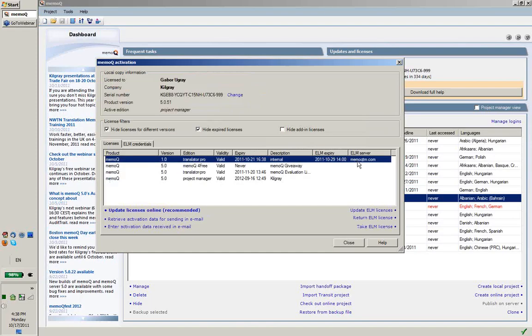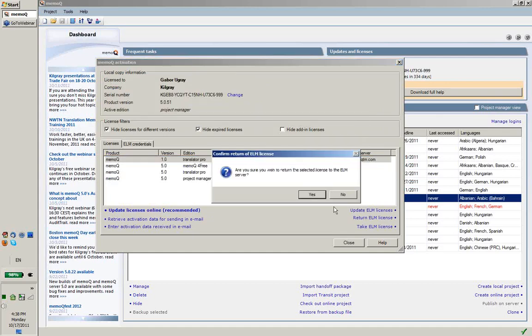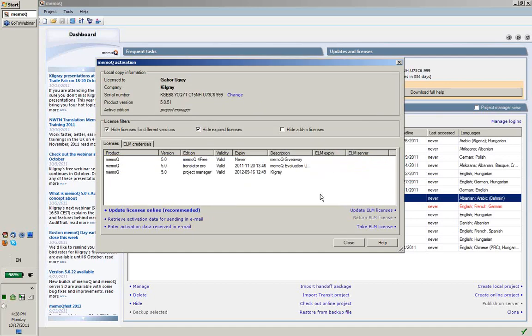And there it is. Now the pool in the server is back down to 4. And I can return it, and I can do it for as long as the permission is there. So this is a very flexible way. If you can establish a protocol with your users to say, when I give you a job, take a license